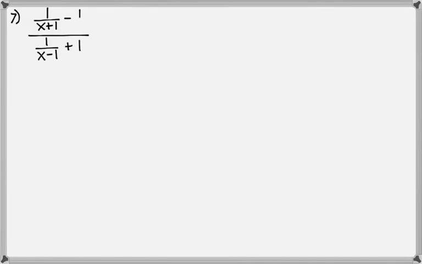Number 7, I'm trying to simplify the complex rational expression. And my first step is going to be to make these 1's look like 1 over 1, just because when I'm trying to find the LCD, I think it makes it look a little bit easier. Okay, so my LCD is going to be, well, I need an x plus 1